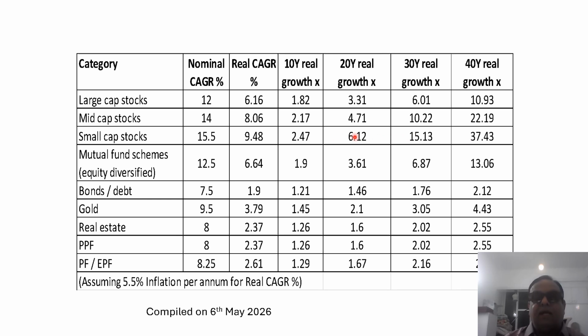So small caps are giving the maximum return, whereas even look at real estate. Real estate is very low, even lesser than your gold. Though we have been saying that our property has gone in value from 50 lakhs to 1 crore, and so on, even gold has gone like this. But look at the return after 30 years, because we have been carrying these assets generation to generation. Father gave the assets or investment products to son or children, and then they have been carrying them also. So let us count the real return, not the nominal kind of things. Anyway, we have to go to the milestone.